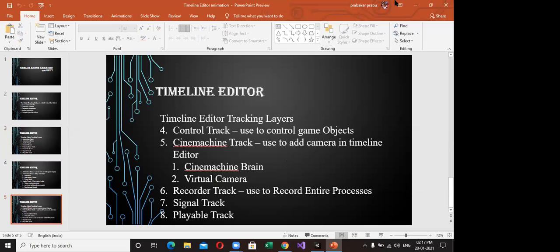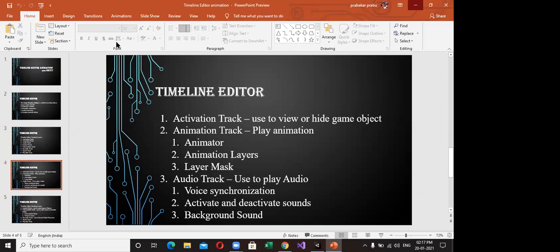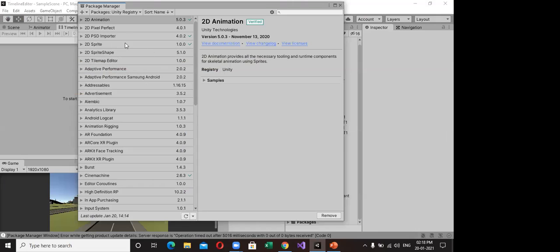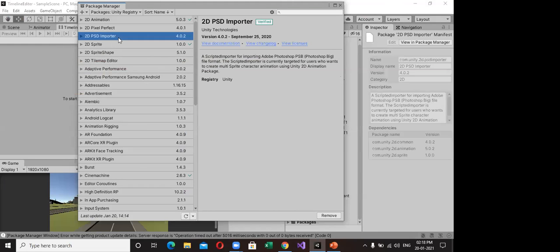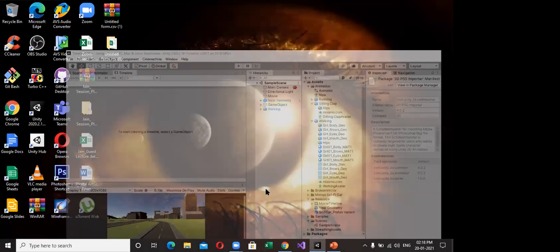So now check Unity. Is it loaded? So here itself I used the PSD importer first. Import your large file. Is it a sprite sheet when you work with 2D? 2D movie clips and everything, so that file size may be large. That's why we use the PSD importer. With the PSD importer we arrange everything inside your Photoshop. I'll show you how, on one sample.